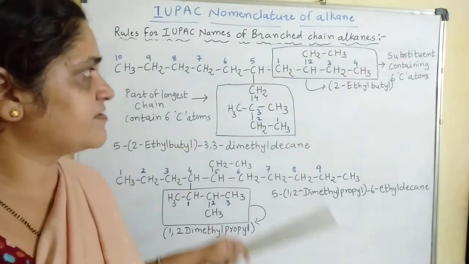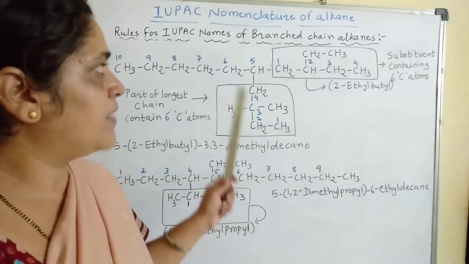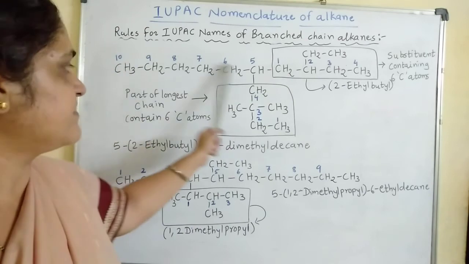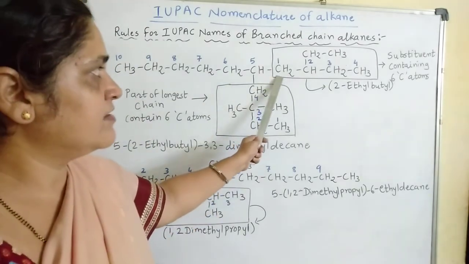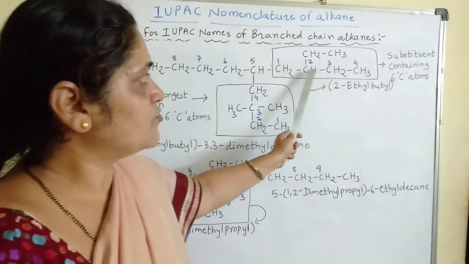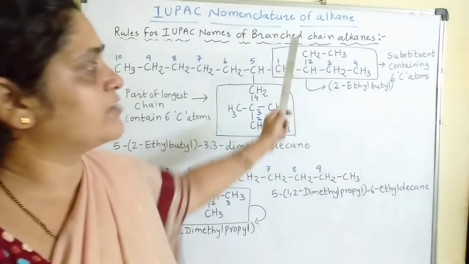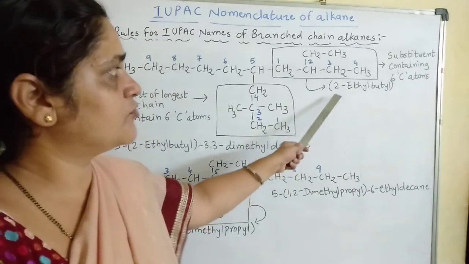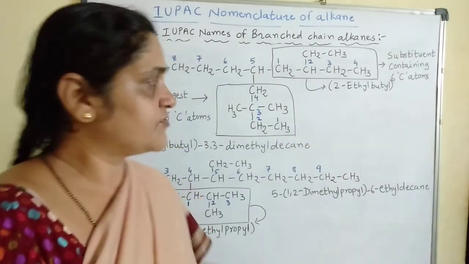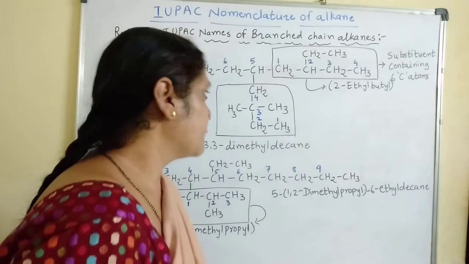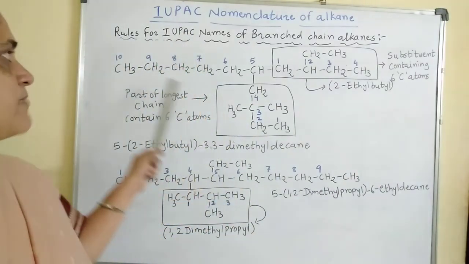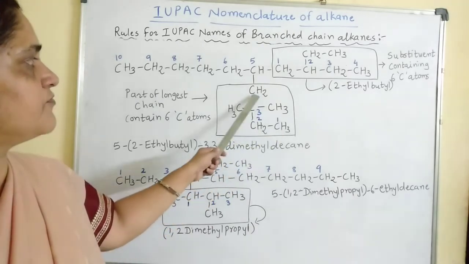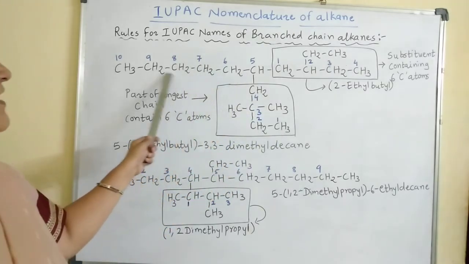So the name of the substituent will be decided by numbering the carbon atom attached to the longest chain as 1. So this is carbon number 1, 2, 3 and 4. Carbon number 2 carries ethyl and a total of 4 carbon atoms are there. So the complete name of the group is 2-ethyl butyl. So the substituent is 2-ethyl butyl. And I have considered the other substituent as a part of the longest chain. So numbering I have done in this way. 1, 2, 3, 4, 5, 6, 7, 8, 9, 10.